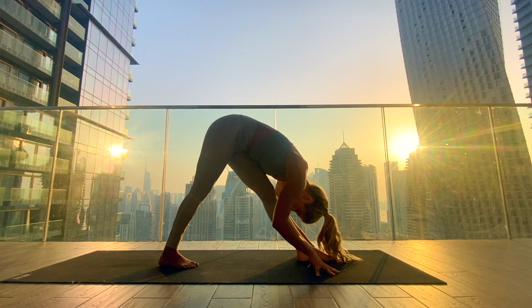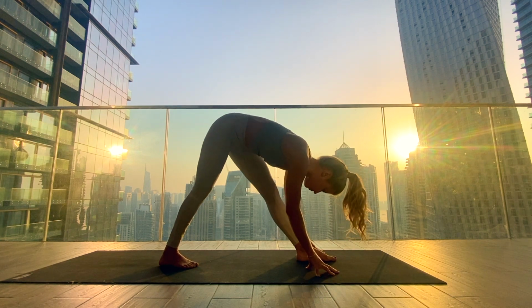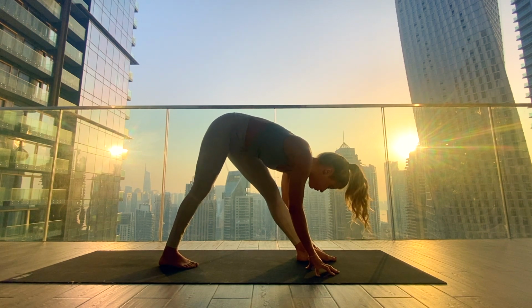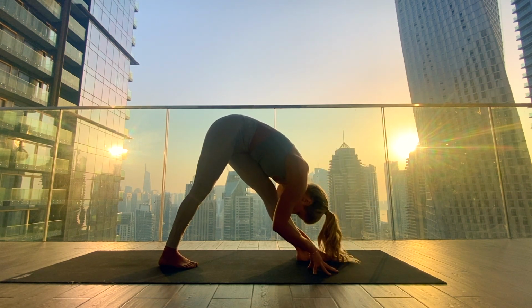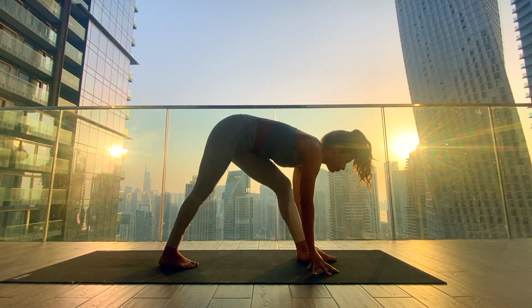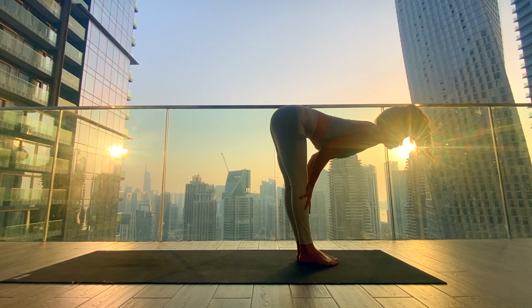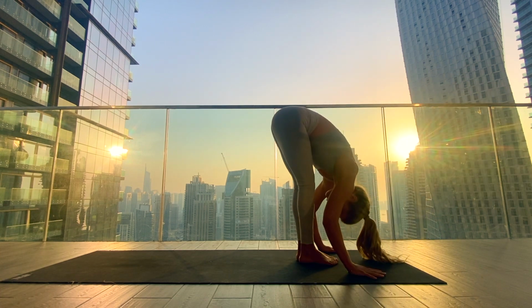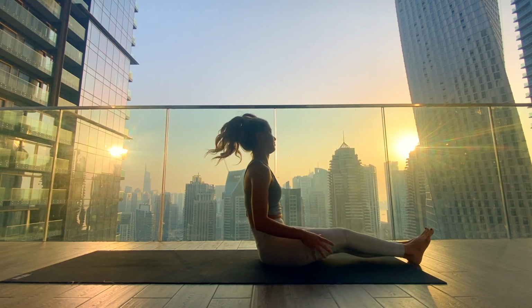And now staying here, or again finding a little bit of movement in your hips, drawing the hips from left to right. See if that feels good for you, or you want to rather stay in stillness. Bend into the left knee, step the right foot to meet the left. Inhale, halfway lift. Exhale to fold. And then just bend into your knees and bring your sit bones down, extending the legs long